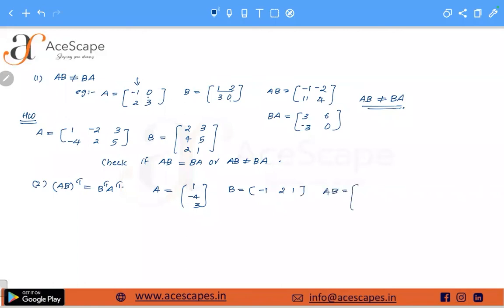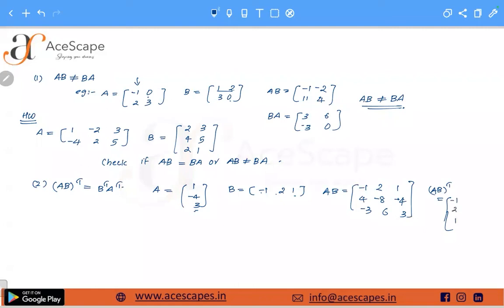AB equals 1 into -1, -1; 1 into 2, 2; 1 into 1, 1. -4 into -1, 4; -4 into 2, -8; -4 into 1, -4. 3 into -1, -3; 3 into 2, 6; 3 into 1, 3. This is AB. Okay, if I am taking the transpose of AB, the whole transpose will be equal to